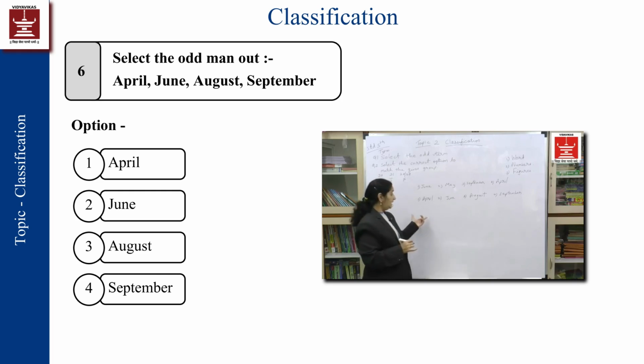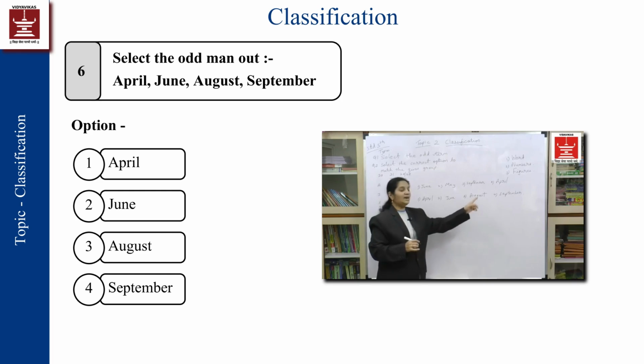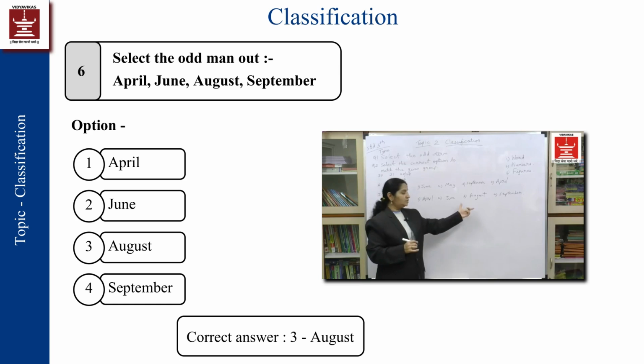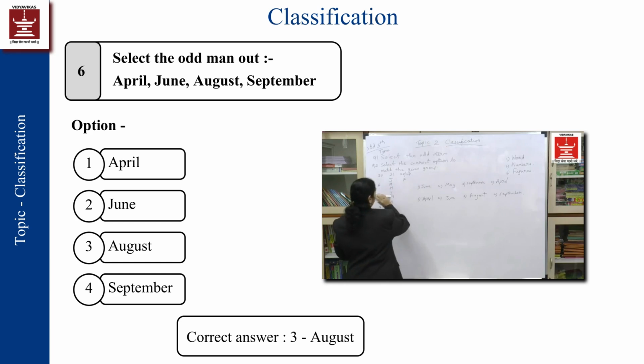If you count by days, this is 30, 30, 31 and 30. In that way also August is going to be odd. So you need to find out what is the criteria that you are using. If this was a question where 2 answers were correct, you would have option 4 and option 3 to be correct. Okay. So you need to find out the criteria what is going to be asked over here. So we'll have this basic information left over here.